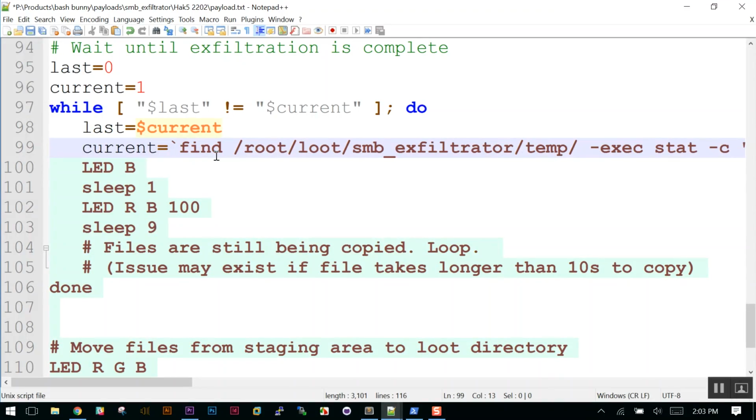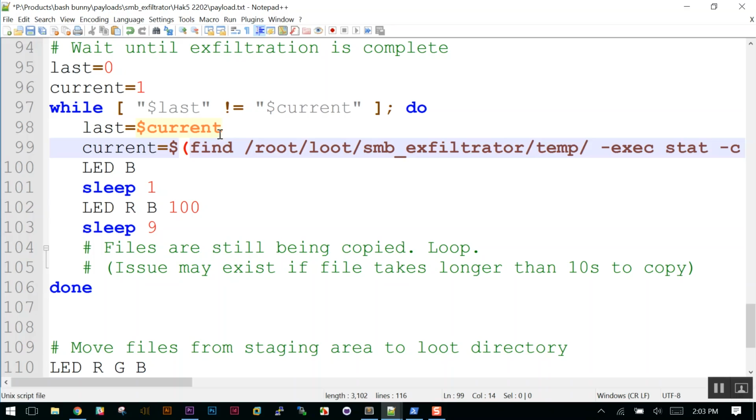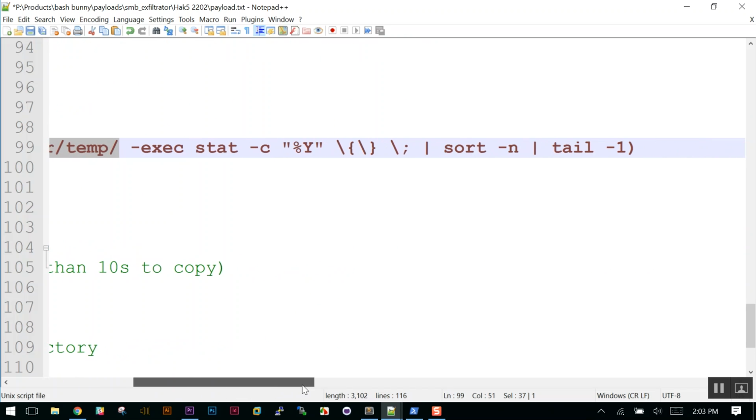You may see this in old bash scripts using a grave or a backtick like this. It's not the right way to do it. It's supposed to look like that. It will work, but don't do that. It's bad. Okay, so what we're doing is we're saying find in this directory, and we're going to specify all this good stuff,